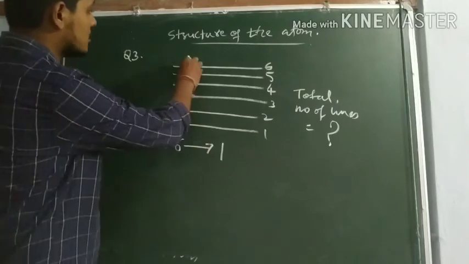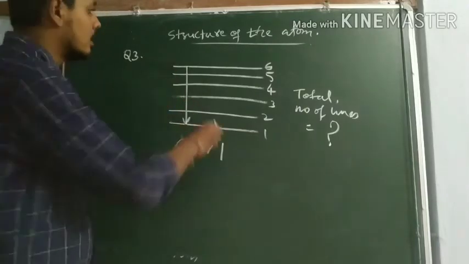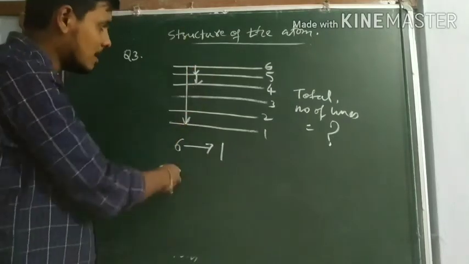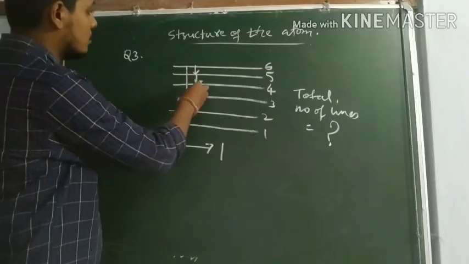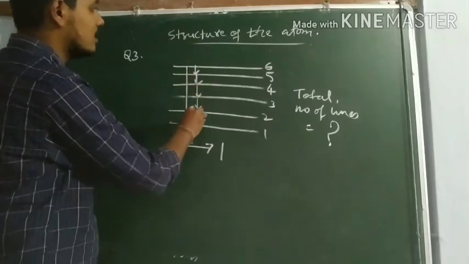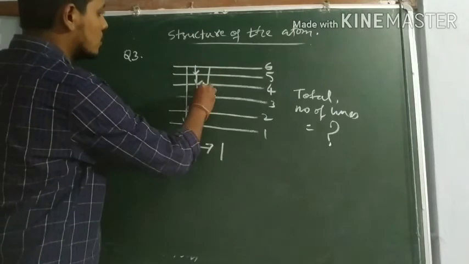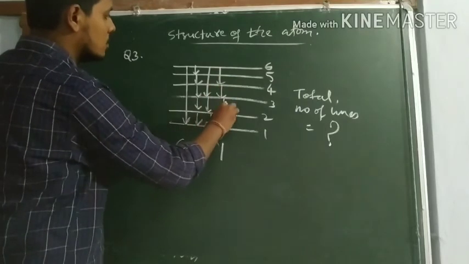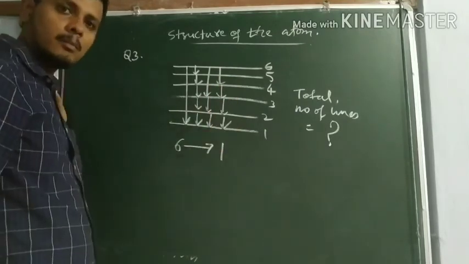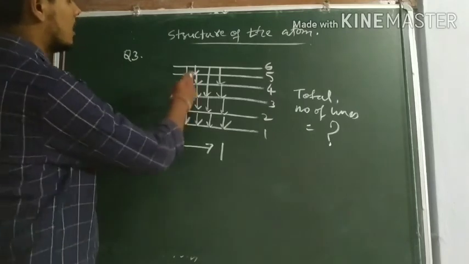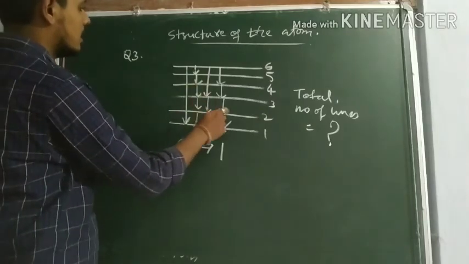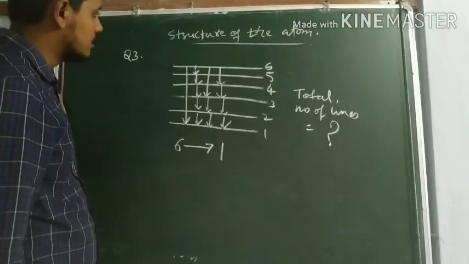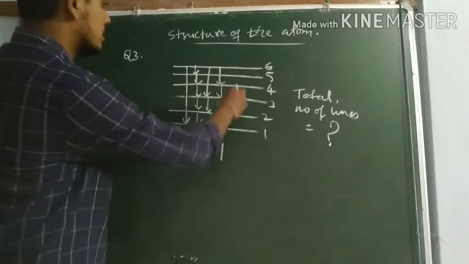The electron can go directly from 6 to 1, which is one line; or 6 to 5, 5 to 4, and so on, or it can go discontinuously. So 6 to 5, 5 to 4, 4 to 3, 3 to 2, 2 to 1, and then 3 to 2, 2 to 1, 6 to 4, 4 to 3, 3 to 2, 2 to 1. Counting the total lines, we get 13. And 2 more lines will be there, 6 to 2 and 2 to 1. So total 15 lines can be there.